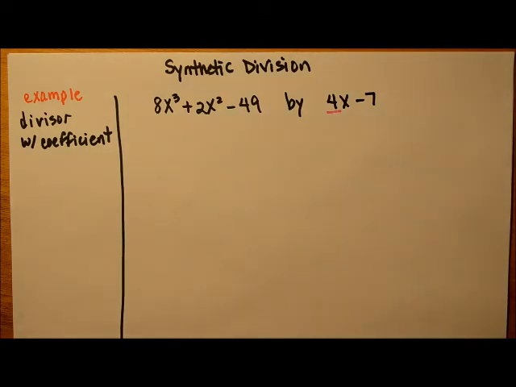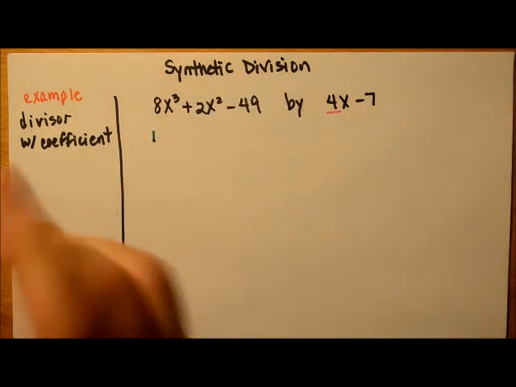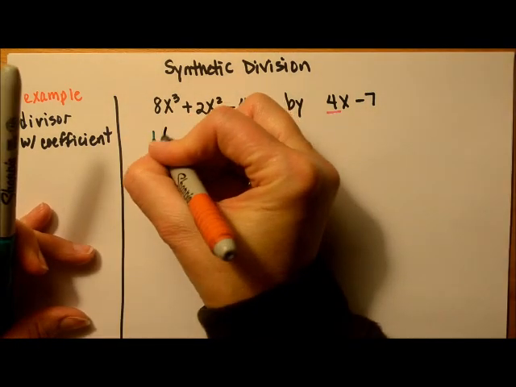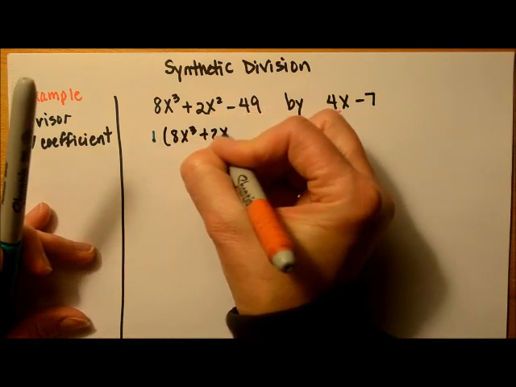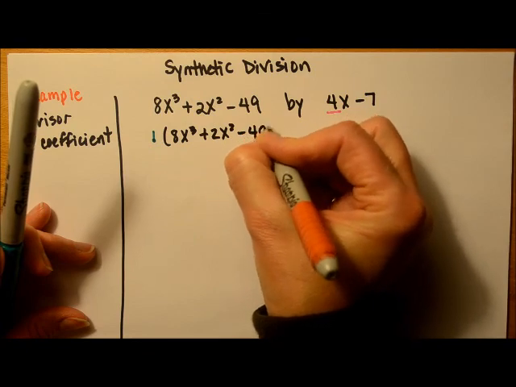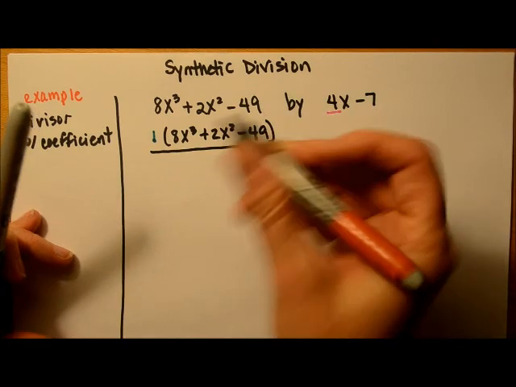Recalculating here. Let's do this. 1 times 8x cubed plus 2x squared minus 49. Now I'm just trying to explain to you why it is the way it is. Okay. Now,